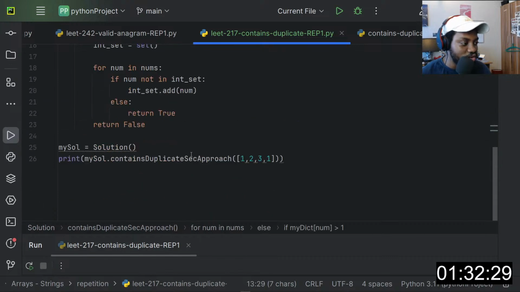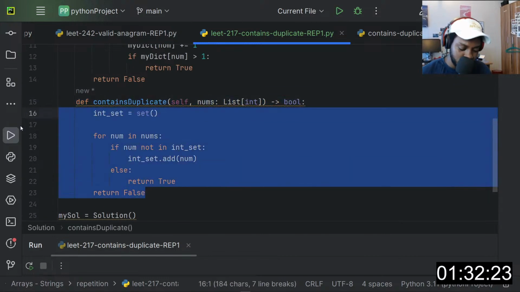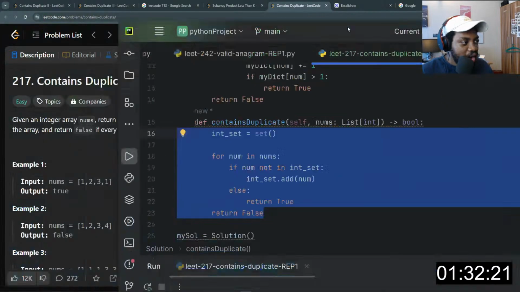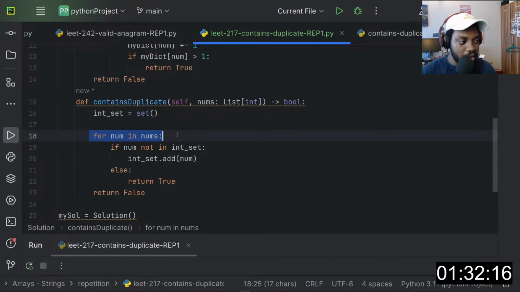The answer here is true because there's one here and one here. I want to return true if there is a duplicate. Now the time complexity for this solution is O of n because we are iterating for every number in the nums array. So no big deal at all in this case.